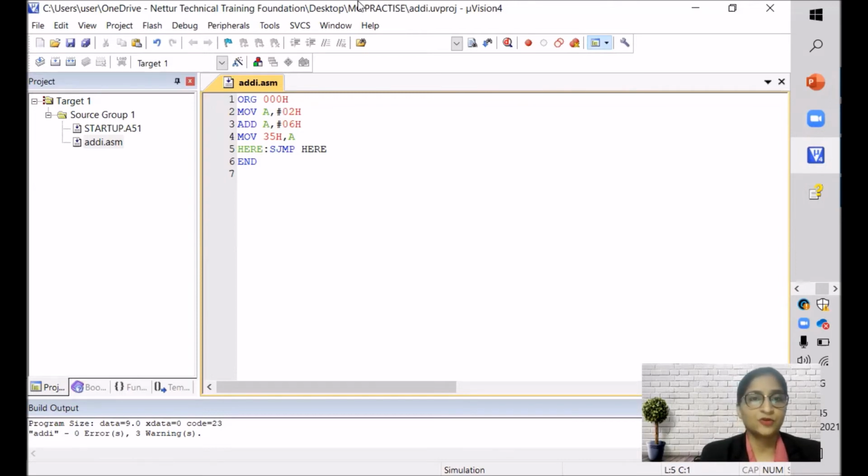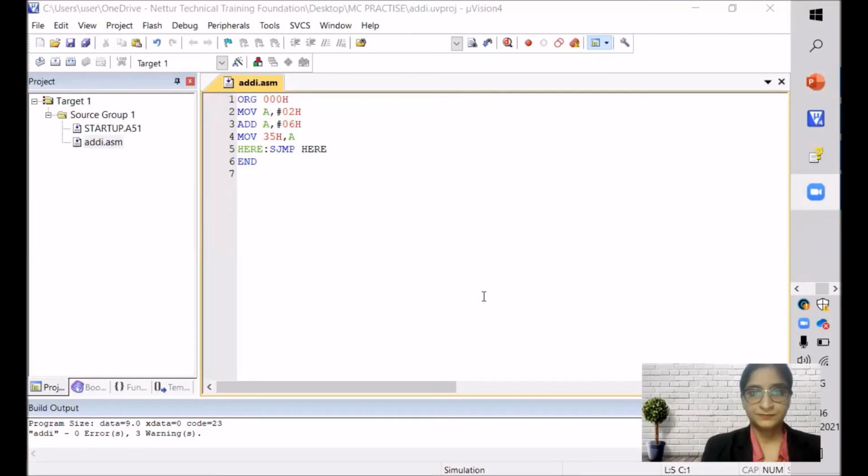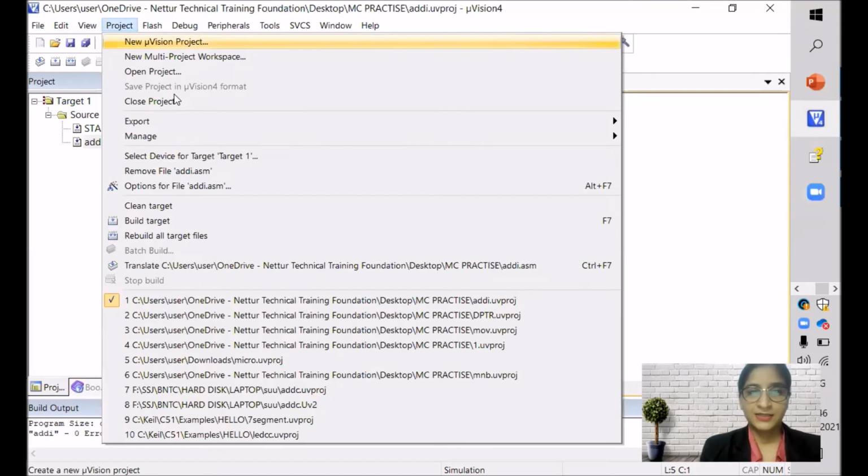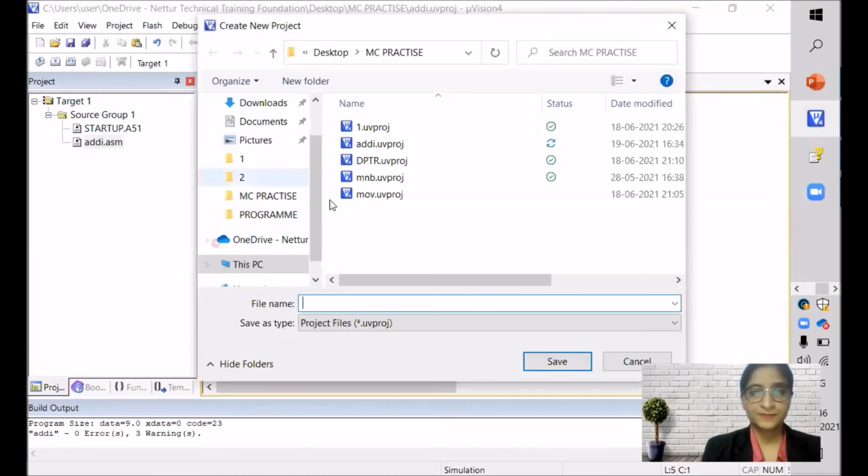Now I'll stop sharing and I'll tell you something about subtraction. So we'll start our second program, that is subtraction. So again, I'll share my screen. As we are creating our project, we'll do the same way. We'll click on project, then new project.